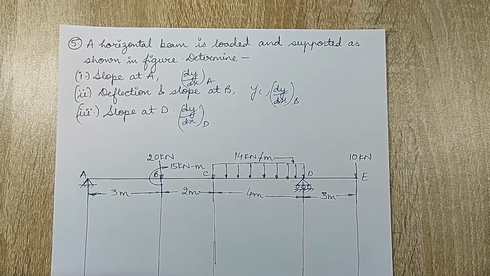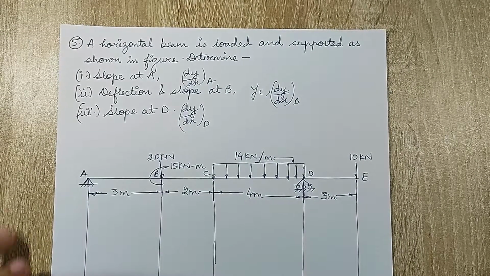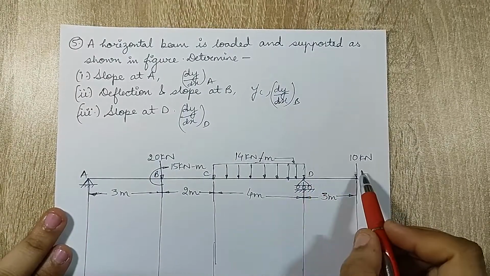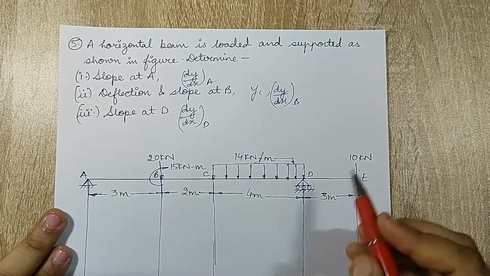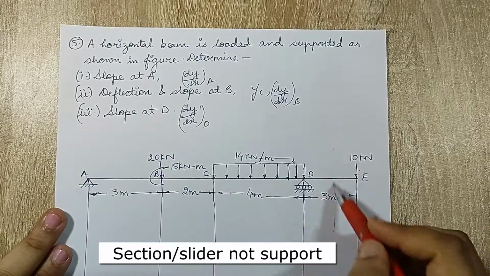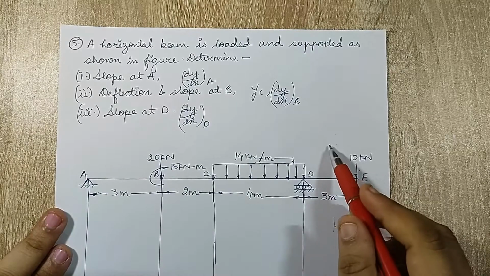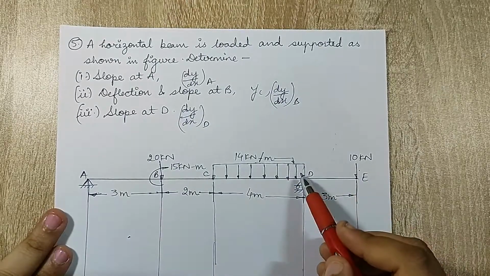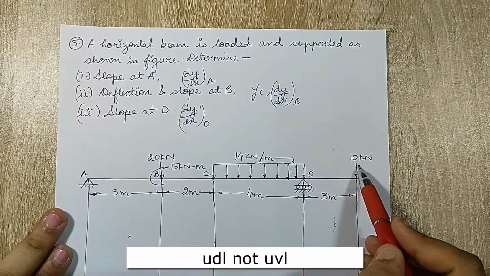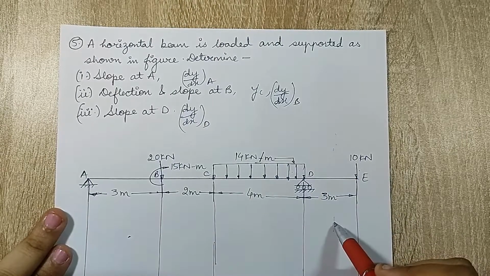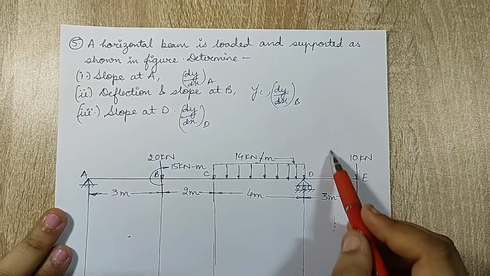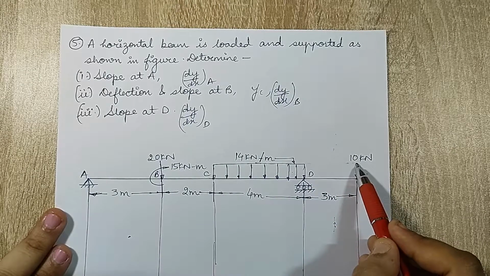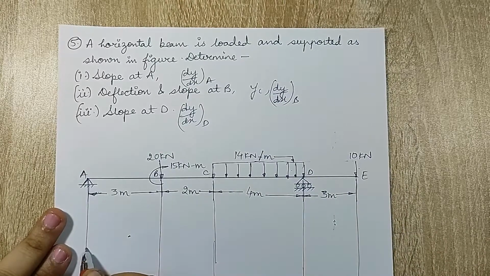Now, when you look at the diagram, there is a particular rule for solving for UDL: you will have to have the UDL on any one end of the beam. The reason is, whenever you draw the support, you always draw it on any one end of the beam. So either it could be on the DE portion or on the AB portion. In that case, accordingly, you will also have to extend your UDL to that end of the beam where you are going to draw the support. So suppose I am going to draw the support at this point DE, I will extend the UDL on the beam up to this portion DE. Now I'll just show you what I mean by that.